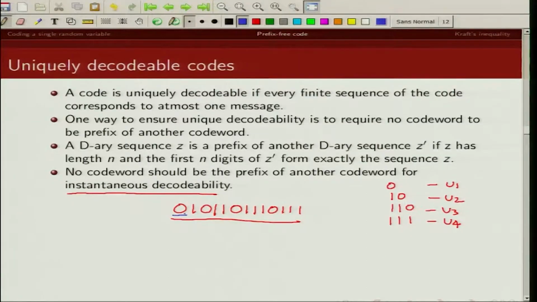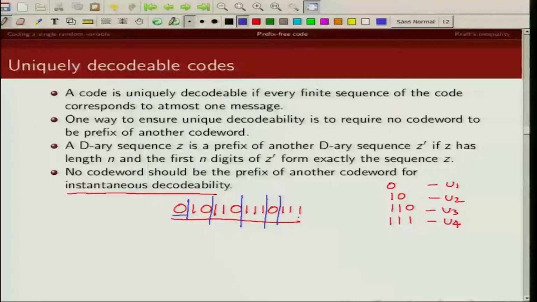So look, 0 corresponds to the code word of U1, then 1, there's no code word with 1, 1 0, yes, this is this code word, right? Now 1 1 0, that's another code word, 1 1 1, that's another code word, 0, that's another code word, 1 1 1, that's another code word. So you can see I know precisely where these code boundaries are. So I can do instantaneous decodability, as opposed to if I, let's say, change the code words to,